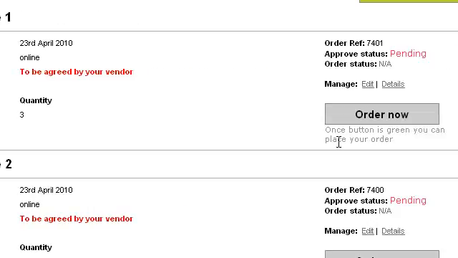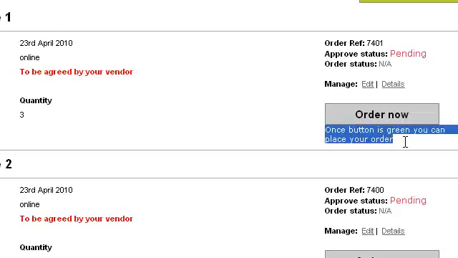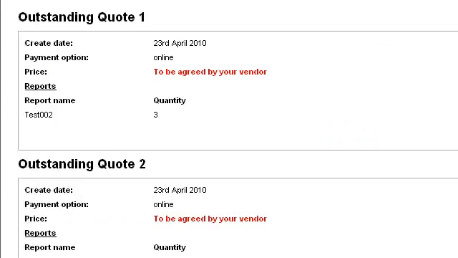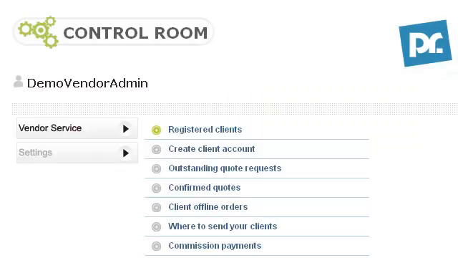Now it's not available yet, as you'll see from this here, as you now have that request sitting in your vendor control room, and you now need to go and put a price on that, which if it's a free trial would be 0, and allocate it to that account. So here's how we do that. So now going back over to the vendor control room,